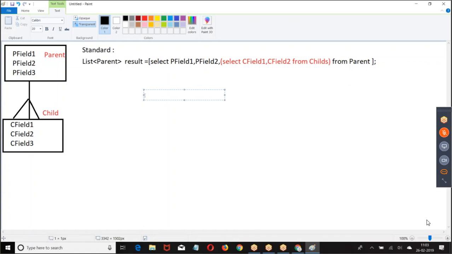Who is a parent? Who is a child? Account is a parent. Contact is a child. Now, who created the relation between them? Salesforce has created the relation. Then how do you do it?